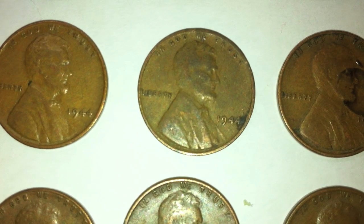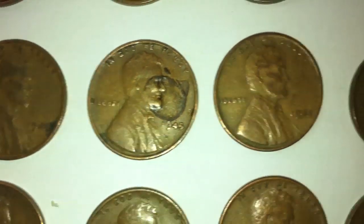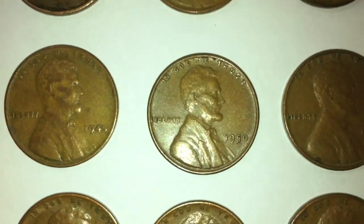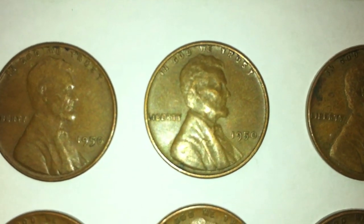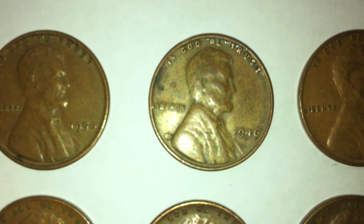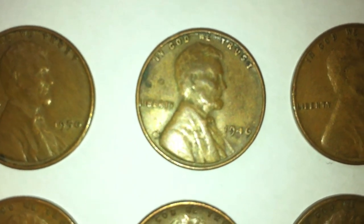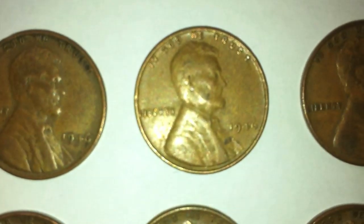We had a lot of doubles on these wheat pennies. A 1945, second from 1945, a 1950, again 1950, a 1946, that's out of order there. I must have missed that one when I was putting it together. Another from 1946,